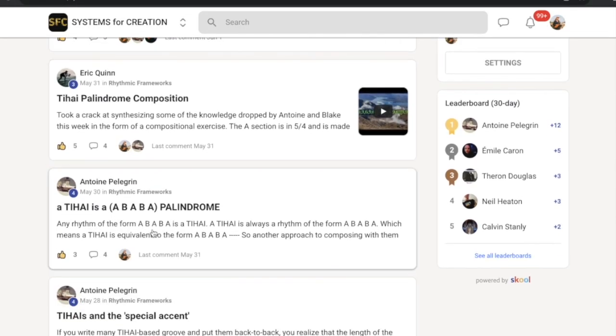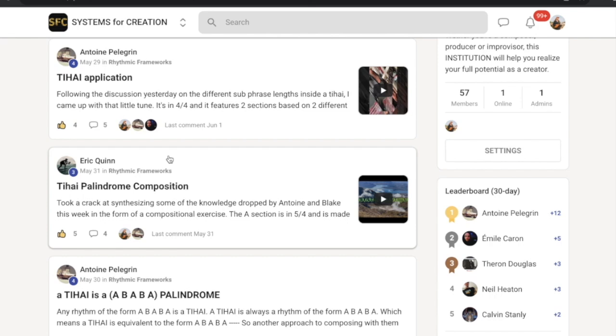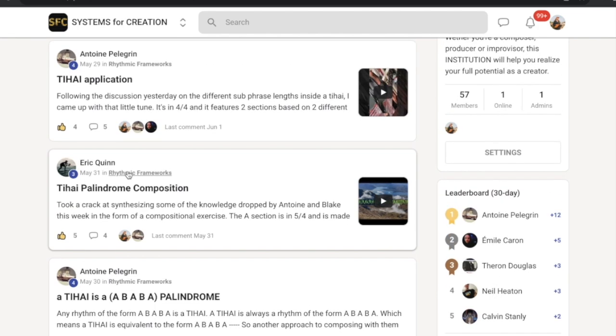Now, let's talk about rhythmic frameworks and where those come from and all this kind of stuff. So coming into the rhythmic framework thing, you're going to see a lot of these T-high things in this curriculum because this was really popular in the school for a few months. We were all just writing tunes based on T-highs. And the reason why that happened was a lot to do with the fact that Antoine brought this concept of the T-high to my attention, saying, hey, this is a lot like the Meshuggah thing. I think it's actually the same thing. Now, it is the same thing because the Meshuggah framework fits into the T-high framework, okay? But the T-high framework doesn't fit into the Meshuggah framework. And you can just scratch your head on that.